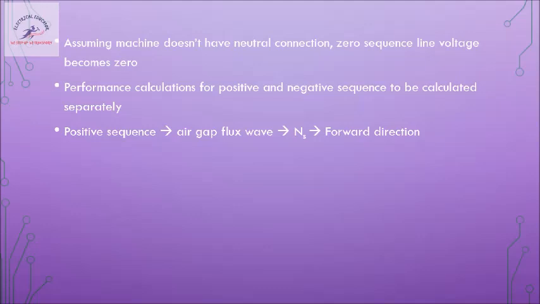Okay, I repeat the statement. Positive sequence components, or positive sequence voltage, give rise to a rotating magnetic field rotating at synchronous speed in the forward direction. So the sign conventions of the speed and torque, forward and reverse, that we have considered in DC motor drives, same holds good for induction motors also.